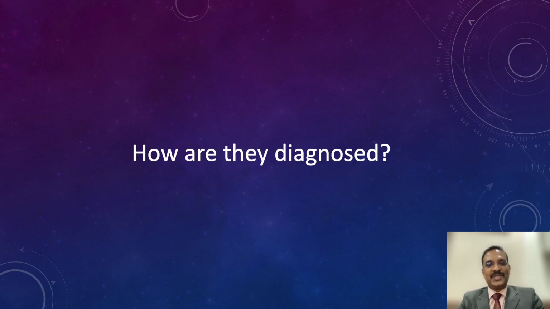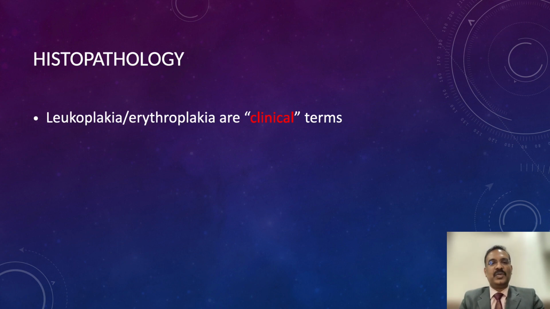So how are they diagnosed? We are seeing the entire spectrum of oral potentially malignant disorders in one go, and we are putting this general question: how would you diagnose? Obviously, history and clinical examination. That is how it all starts. So we look for risk factors. The age-old dictum: nothing like a good piece of clinical examination and history taking.